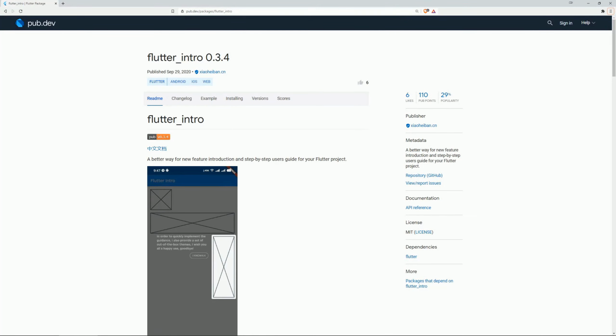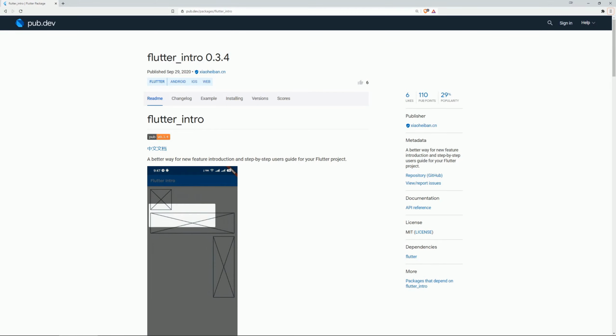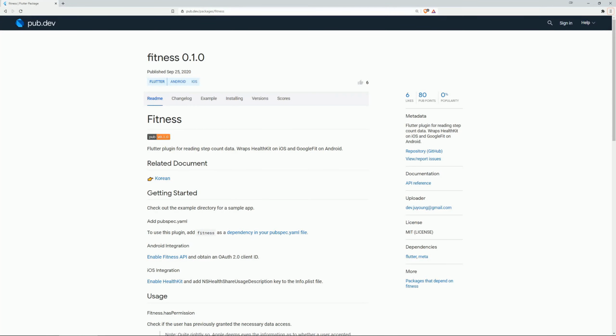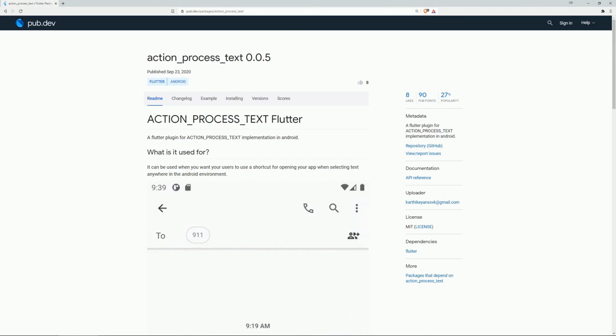On number 5 is Flutter Intro, a better way for new feature introduction and step-by-step user's guide for your Flutter project. On number 4 is Fitness, a Flutter plugin for reading step count data which wraps HealthKit on iOS and Google Fit on Android. On number 3 is Action Process Text, a Flutter plugin for action process text implementation in